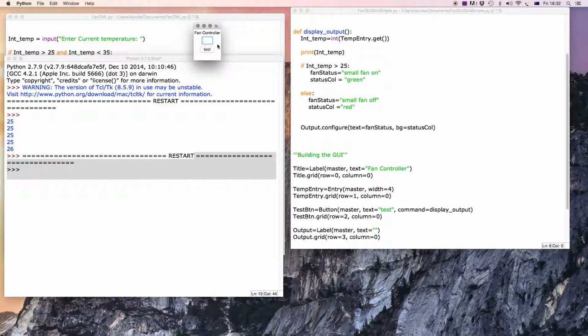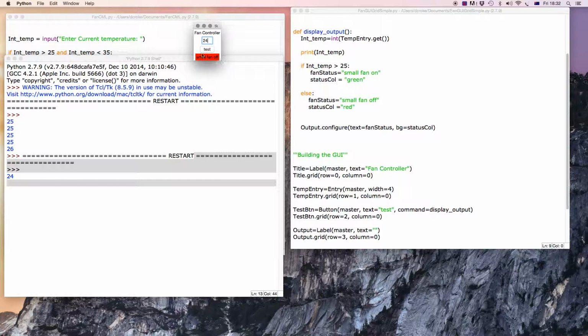So if I see the if statement here, if the internal temperature is under 25, then the background colour will be red, and the text will say small fan off. If it's over 25, small fan will be on and the background colour will be green. So let's just test that now, just a bit of review. Background colour is red and it says small fan off. If I go 26, which is over 25,